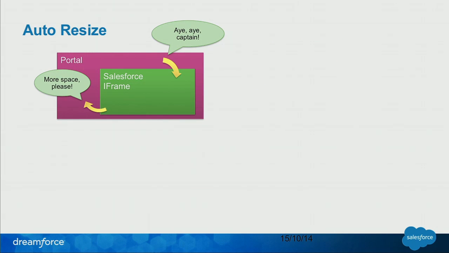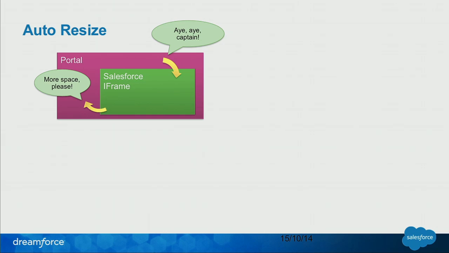Then the small auto-resize trick I've mentioned. When you try to use an iframe, you often have the problem of multiple scroll bars. The iframe itself will have its own scroll bar, and the main page will have its own scroll bar, and that really does not look good. So we wanted to avoid it, and the trick we came up with is to use JavaScript messaging to establish a